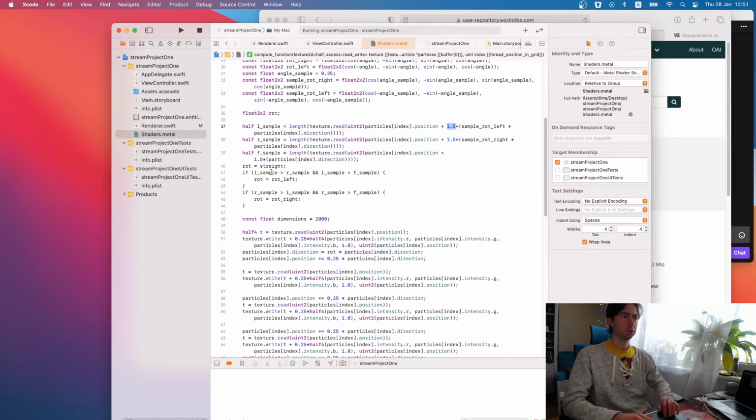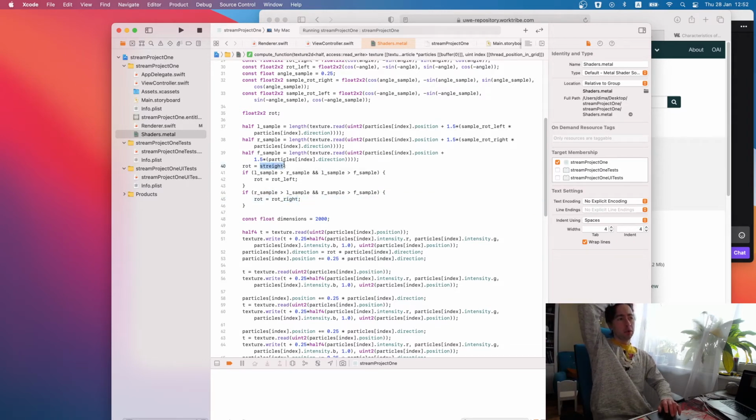And here I'm checking if the left sample is the largest one, then we will rotate to the left. If the right sensor gives us the largest value, we rotate to the right.